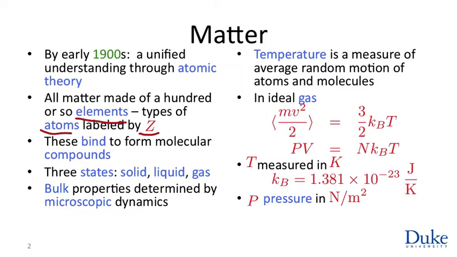And bulk matter can appear in one of three common states. We have solids, liquids, and gases. And in each, the bulk properties are understood as a consequence of the microscopic dynamics of the atoms and molecules that form it. As a good and very helpful example, one of the forms of energy we discussed when we talked about non-conservation of mechanical energy was heat. Friction, for example, converts kinetic energy to heat, and heat causes an object's temperature to rise. So we know what we mean when something is hot. We mean it has a high temperature. In the context of an atomic theory, we have a good understanding of temperature.